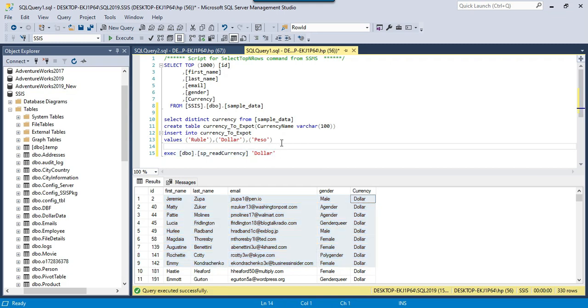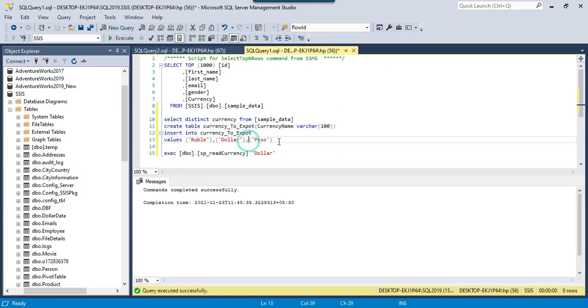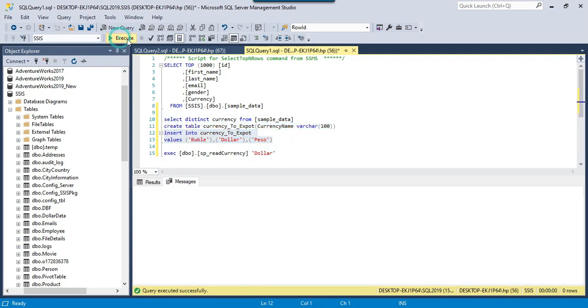How can we pass those values? We can make a table here, currency to export, and whatever number of currencies we insert into that table, only those currency values should be exported. Right now if you select the data from this table, there are 60 distinct currencies. But suppose I want to export just 3 currencies, then I can create a table here, currency to export, and insert 3 distinct currencies here.